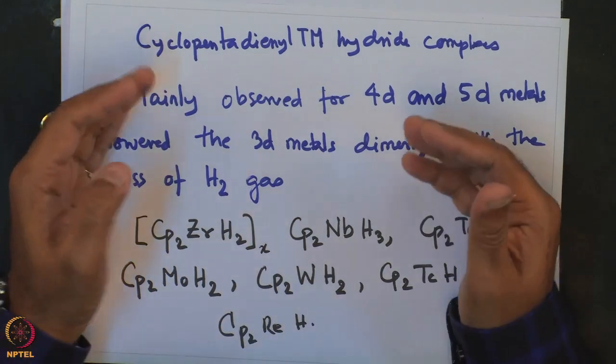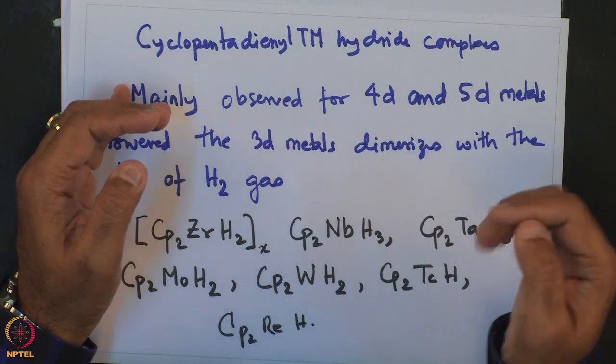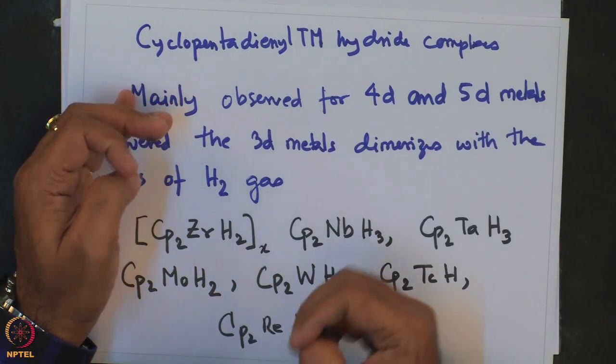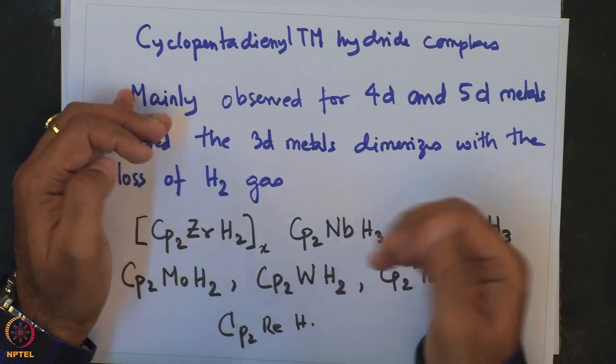Now, these transition metal cyclopentadienyl hydride complexes, so many variants of these are known, and one of their importance arises from the fact that they are important catalytic intermediates in many organometallic catalytic transformations, and hence they have also been extensively studied. So, we are going to look at some of the preparative methods available for preparing these transition metal hydride complexes, and